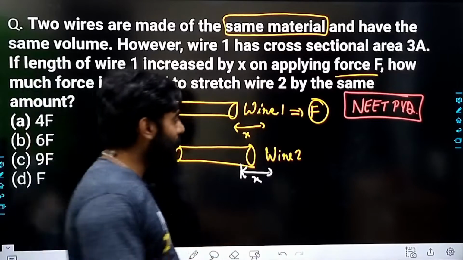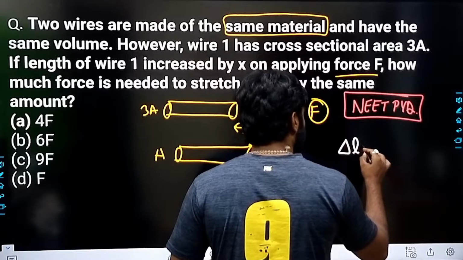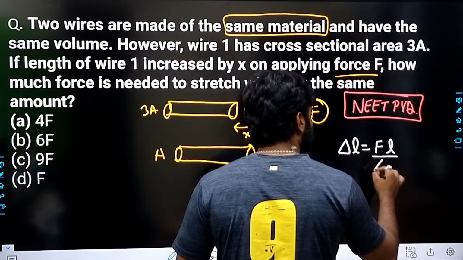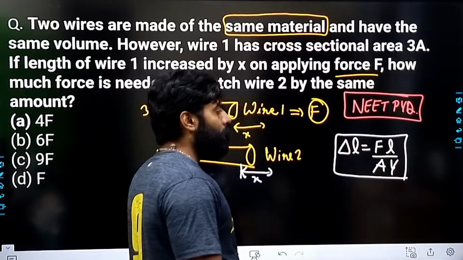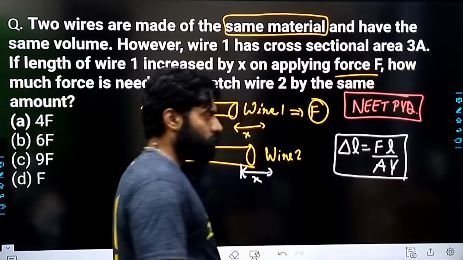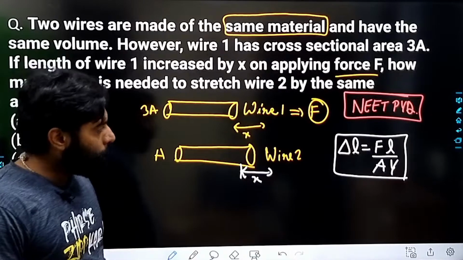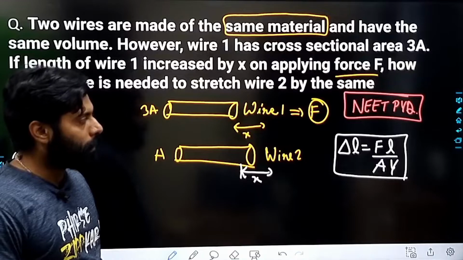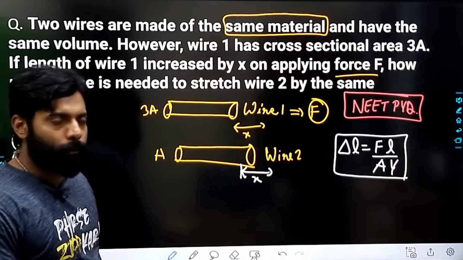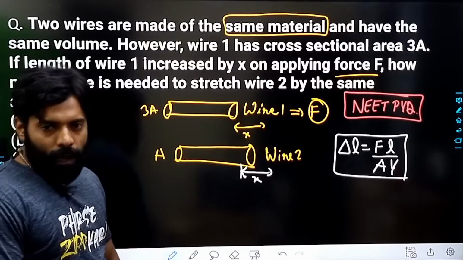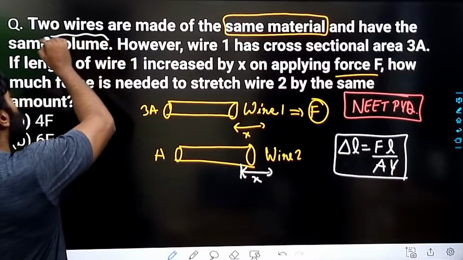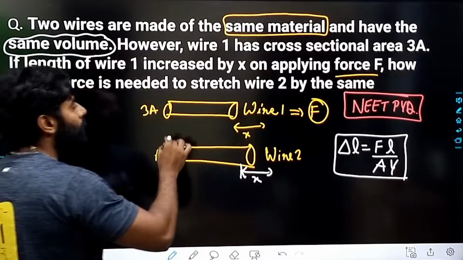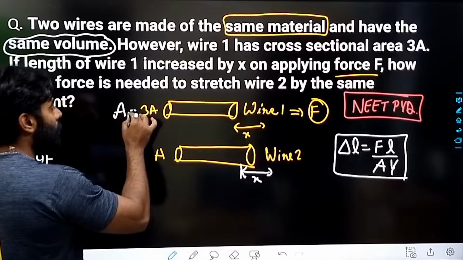We know delta L is equal to Fl upon AY, force into length. ये तो है, delta L is equal to Fl upon AY. लेंथ हमने मान ली कि हमारे पास अब कितनी आएगी वो आपको निकालनी पड़ेगी. भाई लेंथ कितनी है हमारे पास, एरिया और यंग मॉडुलस. अगर आप लेंथ बोलेंगे, आपने सेम वॉल्यूम लिया है. This is also very important because if you are taking the same volume, that means if this area is A1,